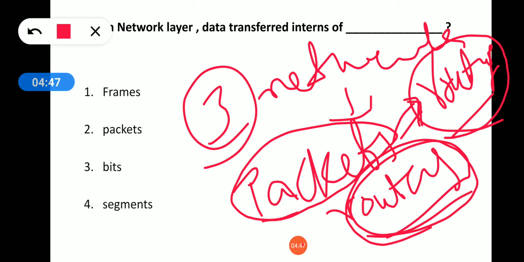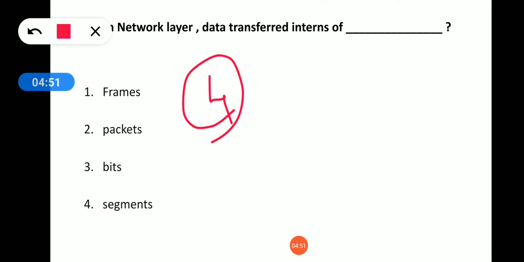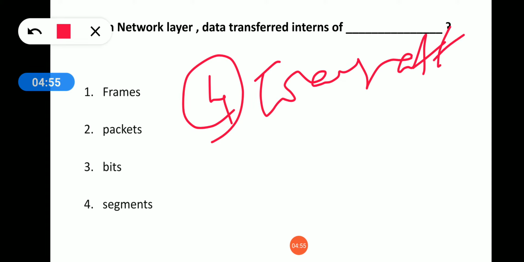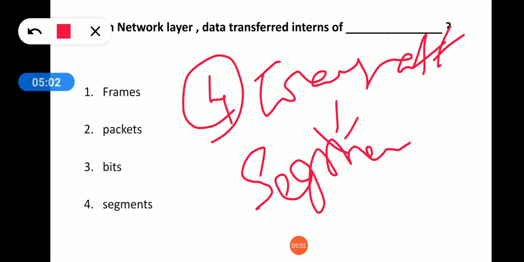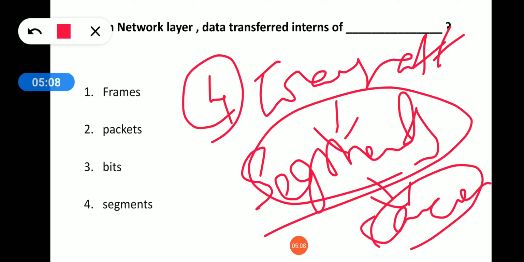The fourth layer is the transport layer. Data is transferred in terms of segments. A combination of packets is known as a segment. It is mainly for connections. There is no particular device used in this.